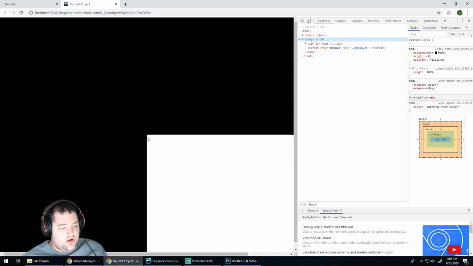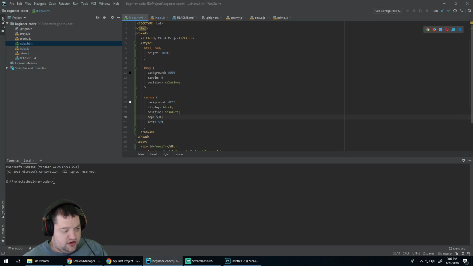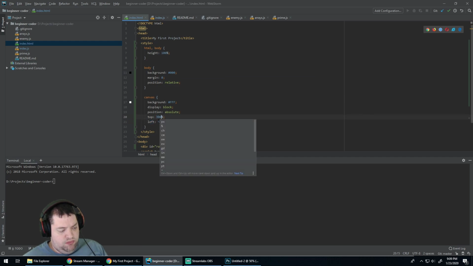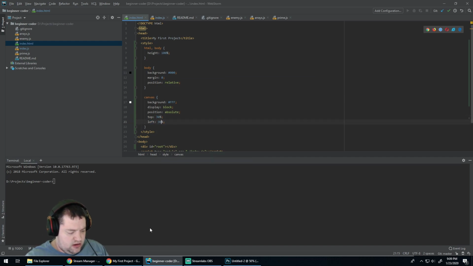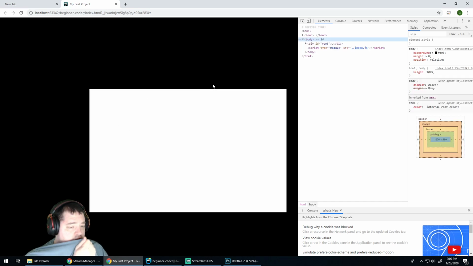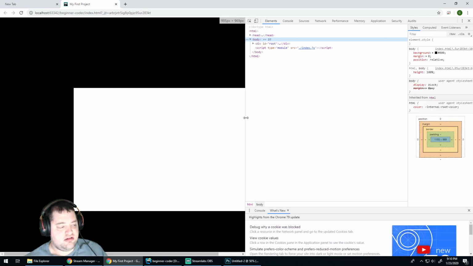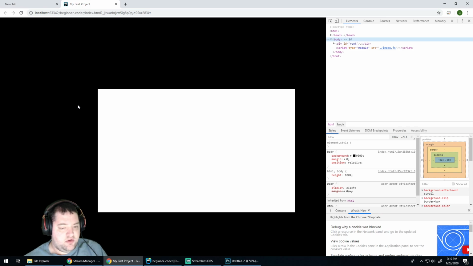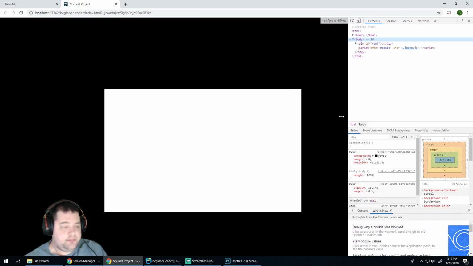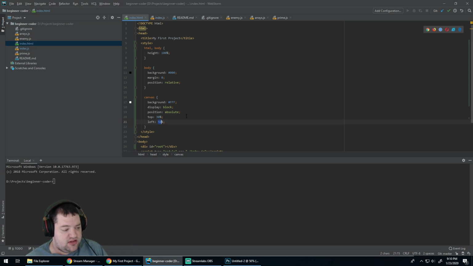Okay, so now that I'm here, I want to get it pushed back. The tricky part is I can't just sit here, play with these numbers and find what looks good. Because what looks good on my screen at this size won't necessarily look good on your screen, or when I change the shape here. You can see it moves over. If I found the perfect value that made it look right here, it wouldn't look right here. So I'm going to stick with 50-50, and then I'm going to do